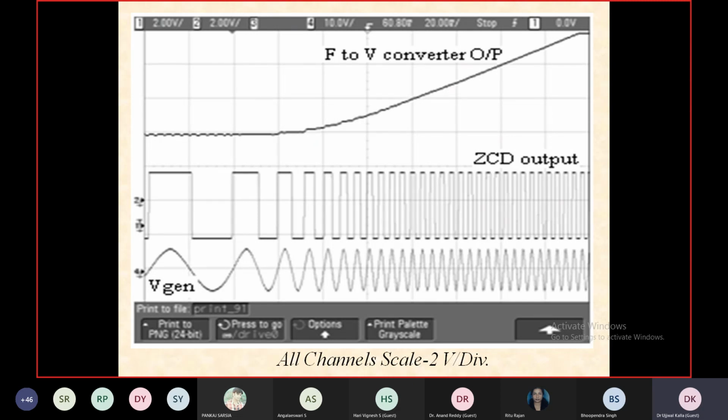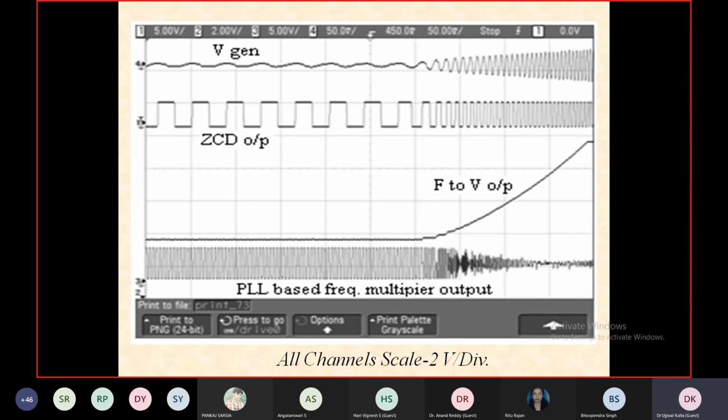Now this F2V converter output is compared with some error and fed to the PWM generation. So see,